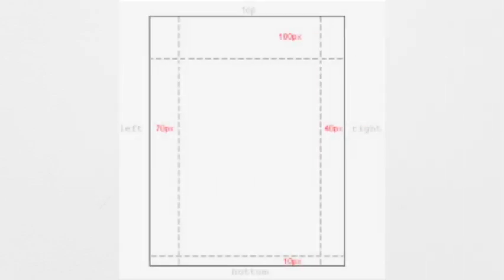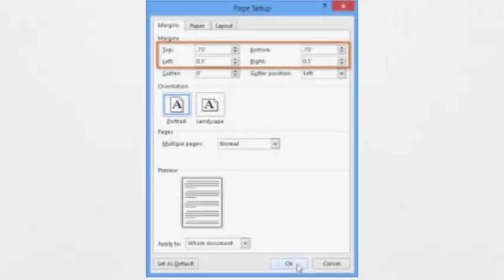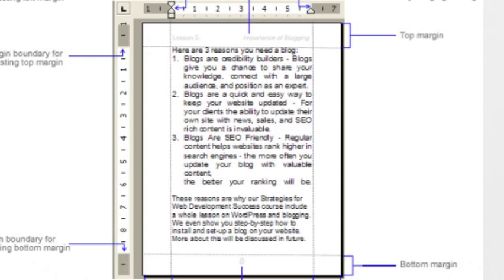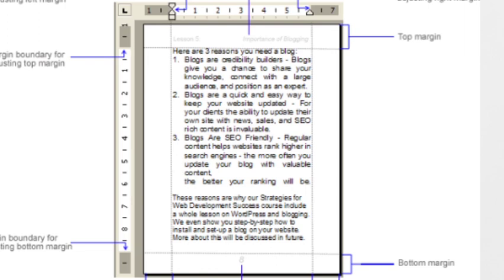Suppose you want to keep the top margin at 2.5, so you can make it 2.5, bottom 2.5, or you can change the right margin as per your own choice. Select, and you can change the left margin. After making these changes, press OK. Click on the OK button. You will see that the margins you have applied will be applied to your document easily. So this is the way that you can change the margin. That only I told you.